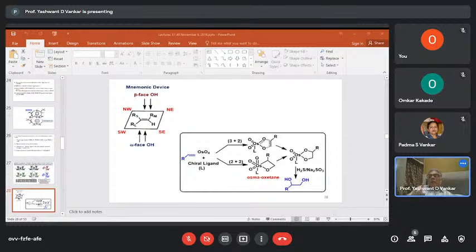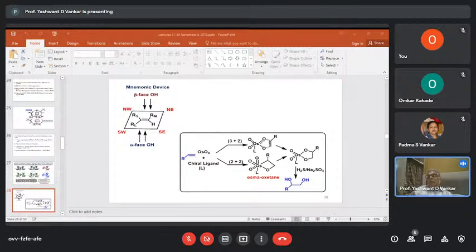Anomeric stability basically means that the group which is present as an electron withdrawing group generally prefers to stay in the axial position at the anomeric carbon. Otherwise, normally in a cyclohexane system, the group prefers to be equatorial, that is beta oriented. In the case of this particular anomeric stability type of question, the electron withdrawing group